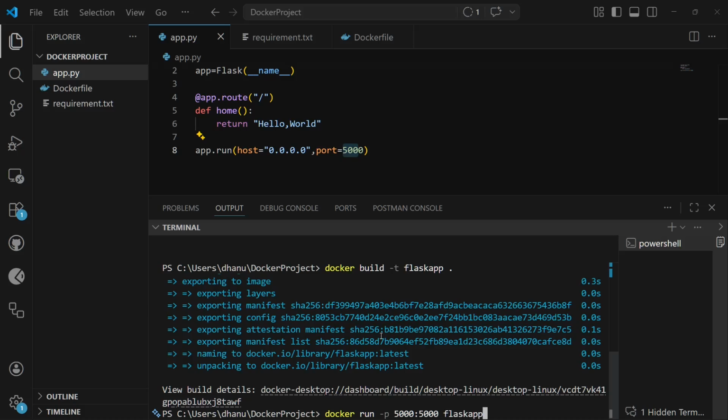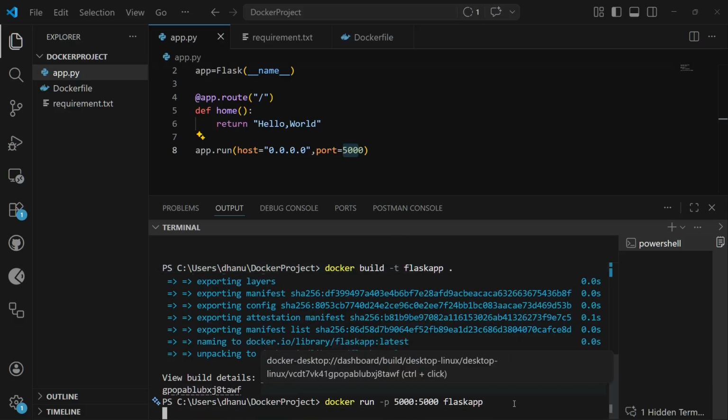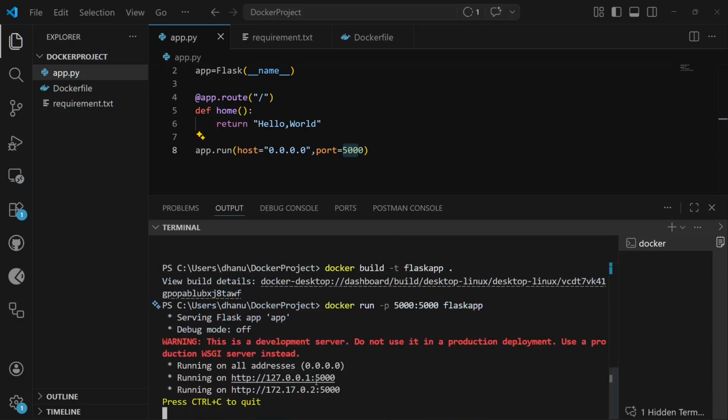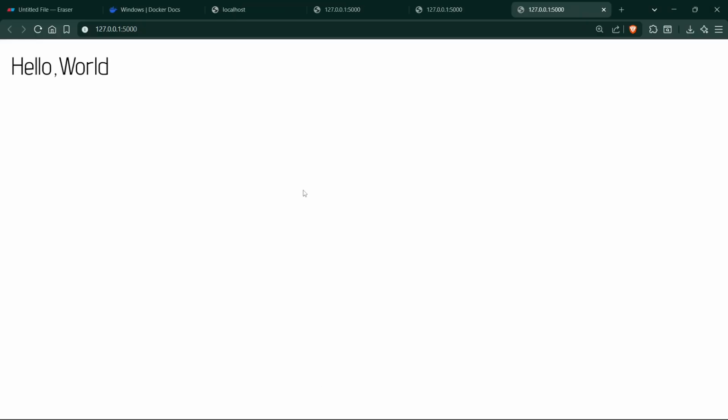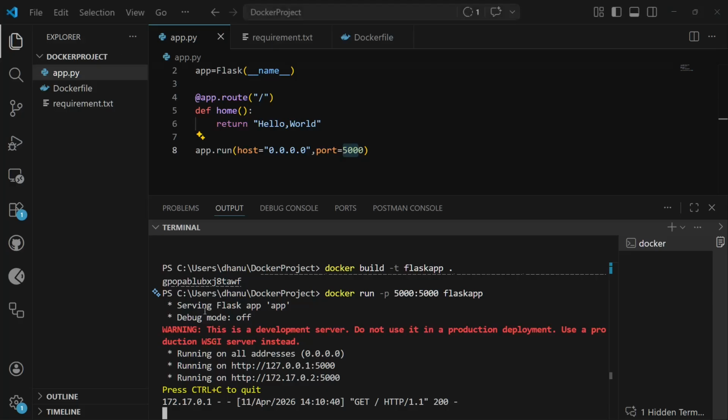Then flask-app, make sure you're using the same name, that is flask-app. Click on enter. So we are running our Flask server in Python 3.13. This is how it will look.